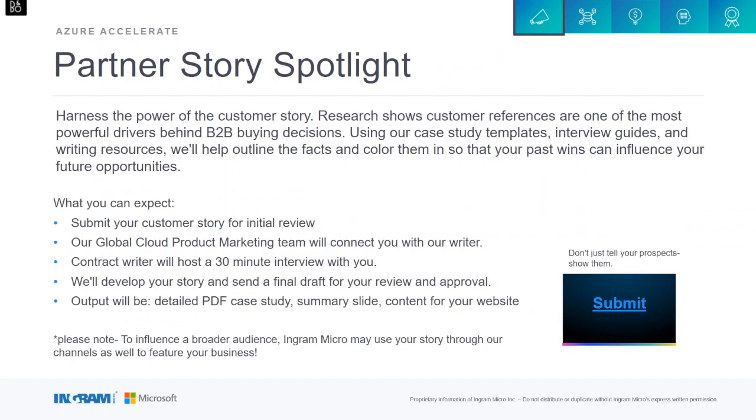Partner spotlight as well, stories. So we're looking to work with partners to help build your profile. I mentioned we'll be doing case studies and video testimonials. We're really going to sit down with you. We will conduct, with a third-party agency, an interview that can be done with yourself, talking about your sales engagement